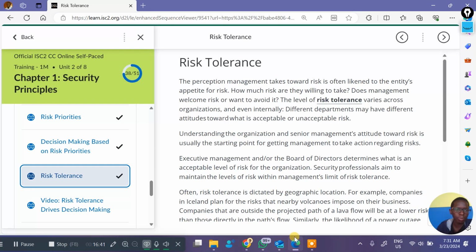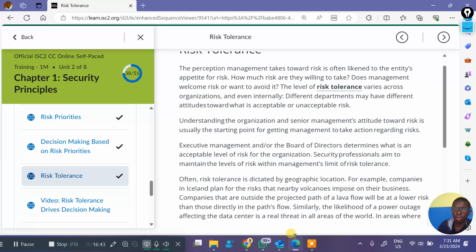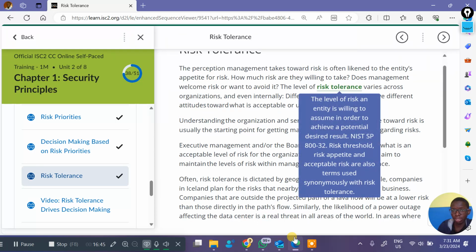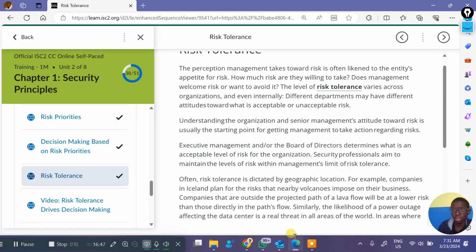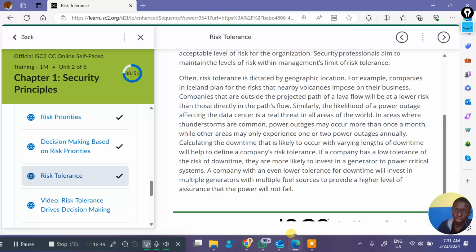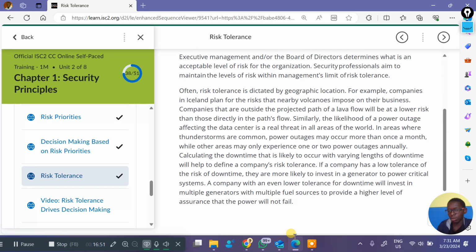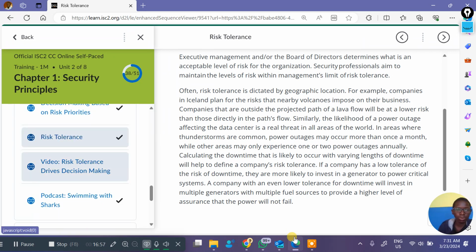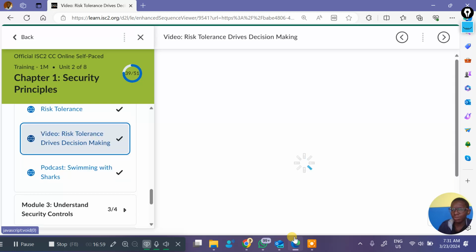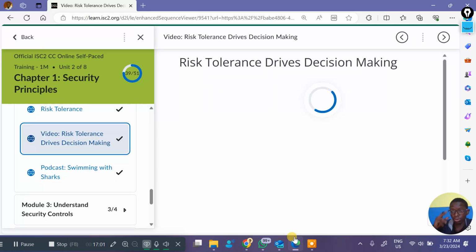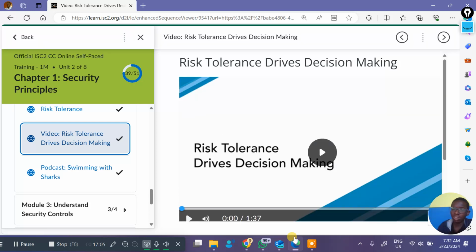I feel like I've explained this. I don't know why, but I feel like I've explained it. Okay, all right. So you being able to tolerate a risk, basically, that is your risk tolerance. So it's very helpful when you understand the topics, the ideas behind it. It makes it easier for you to go through with any part of this.